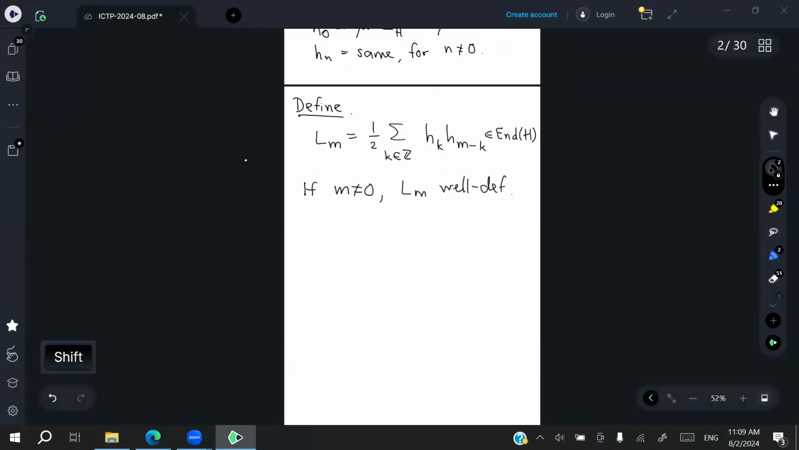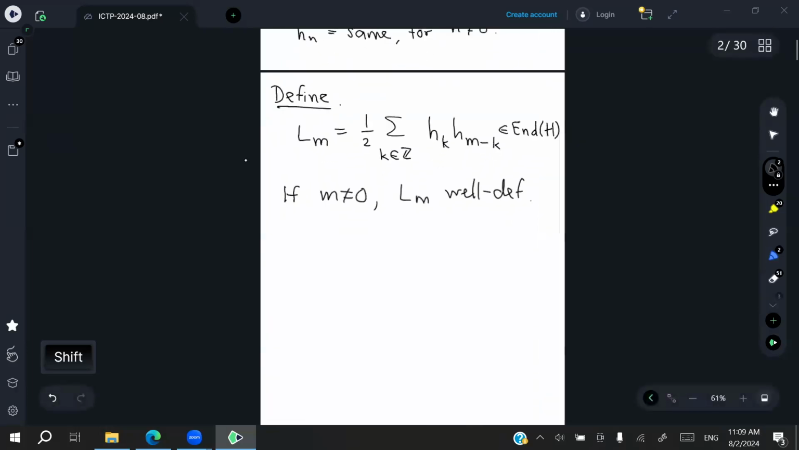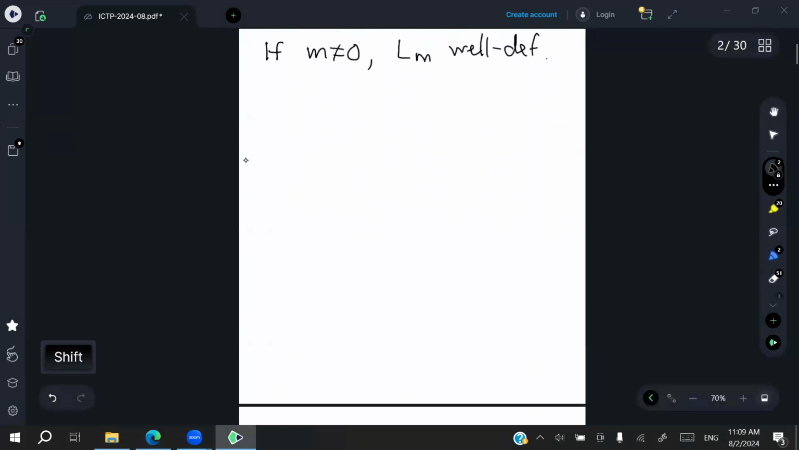Now, this is well defined if m is different than 0. And the reason for that is basically that h_k and h_{m-k} in that case will commute with each other. And there's a key observation, which is that